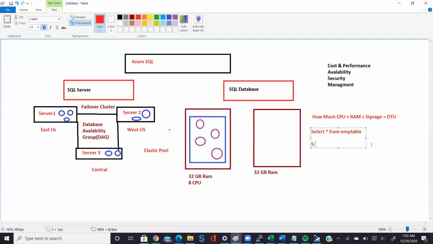It means that you are going to be charged 5 DTU per query. If you insert data in one row, again it is going to charge you 1 DTU. So this is how the charging happens in terms of Microsoft.